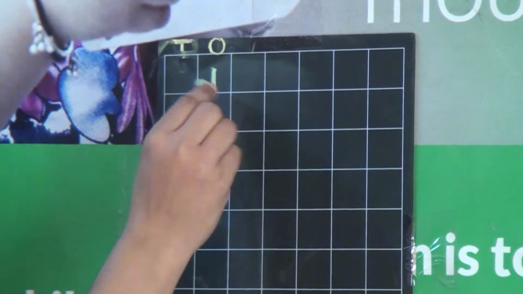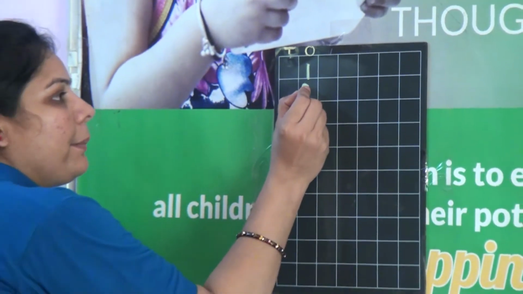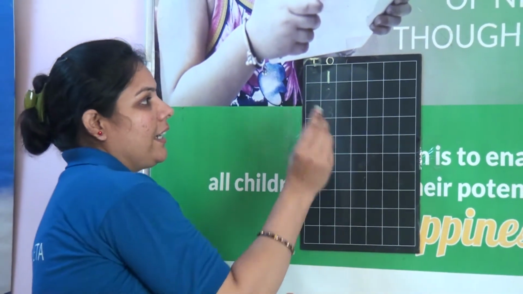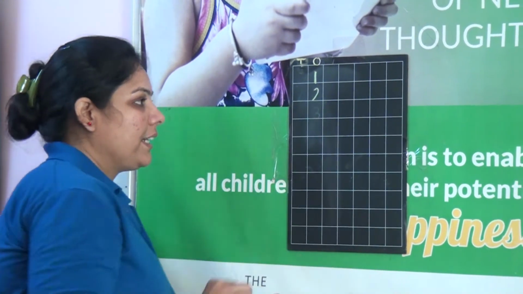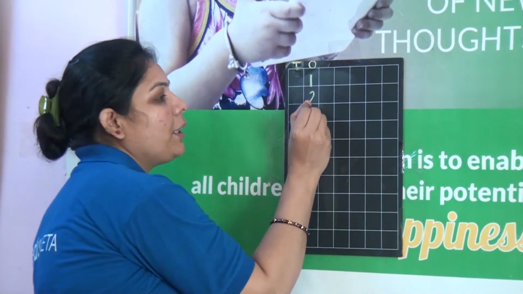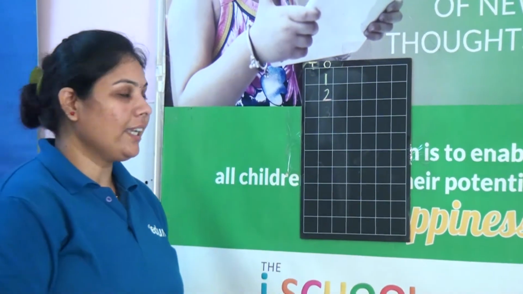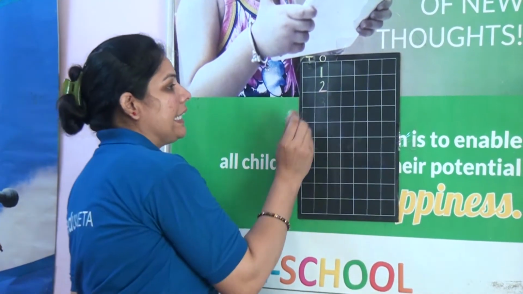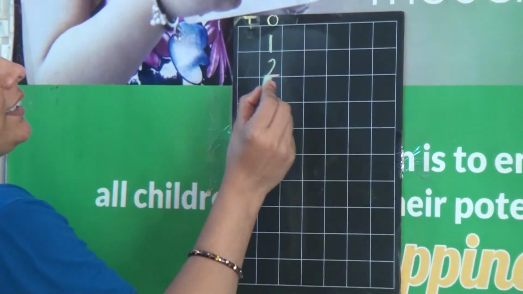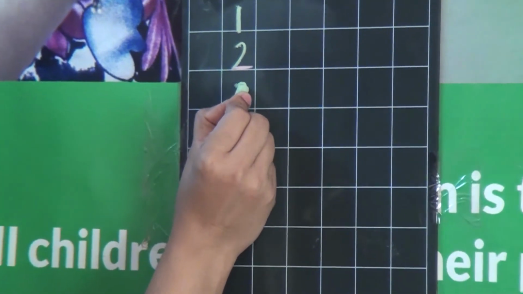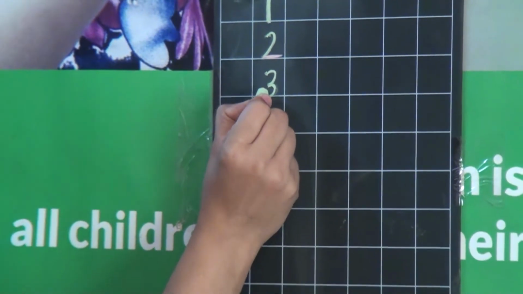Sorry, now make a dot center position and then write 1. This number is 1. Okay, and make a dot center and curve and then sleeping line. This number is 2. Okay, now next is 3. Make a dot center then curve and once more time curve.